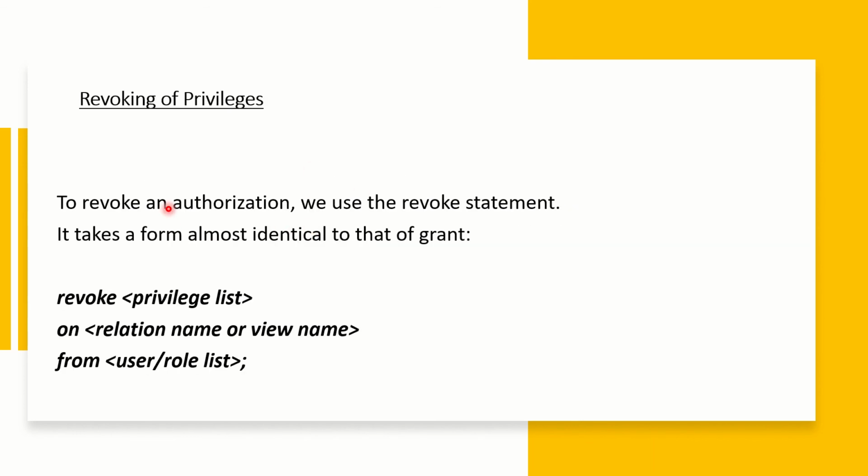Next is how we can give the revoke privilege. Revoke privilege means that if a particular user has been granted a particular access, to do any kind of privileges, it can be taken back by the database administrator. And this is the command for revoking the privilege. It is similar to the grant permission, but a small change is there. Instead of the grant command, here we are using the revoke command, and in brackets we can specify which authorizations are withdrawn from that particular user, and on the table or view name from the user or role list.